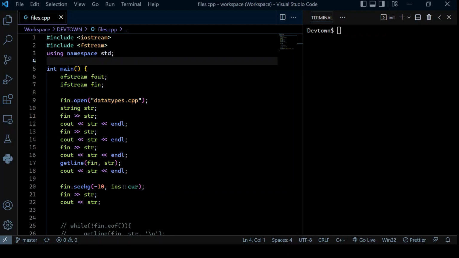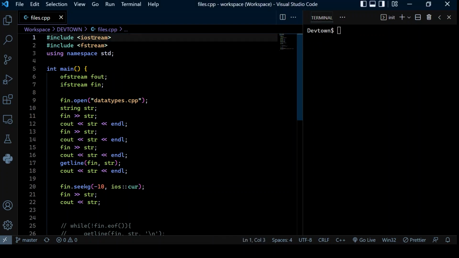Hello everyone, in this video we'll be learning about file handling in C++. So we remember that our first import, #include <iostream>, actually stands for input and output streams. So we'll be working on the input and output streams coming from the console. In order to work with files, the concept is similar, but what we use is file streams, and for